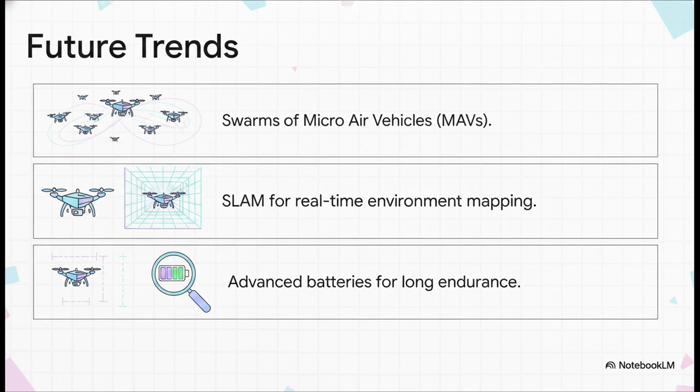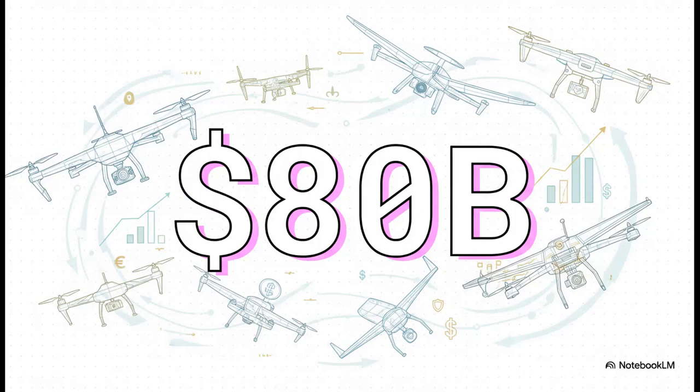And thanks to micro-electromechanical systems, or MEMS, the hardware is shrinking to microscopic levels, while battery technology is pushing flight endurance to new extremes. And let's be honest, there is an enormous financial incentive driving all of this. $80 billion. That was the estimated value of the international UAV market by the year 2020. With billions of dollars pouring into both military and civilian sectors, from inspecting infrastructure to emergency response, standardizing this alphabet soup isn't just some dry academic exercise. It's a high-stakes, multi-billion-dollar global priority. Without a shared vocabulary and legal framework, this industry simply cannot scale safely.